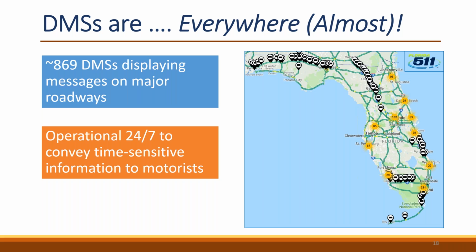But mostly DMS signs are along freeways. And again, as part of this ongoing project with the central office, we are also evaluating the safety and mobility performance of DMS signs. And interestingly, we are using the drops in the speeds by drivers when they see the message on the DMS, using real-time speed data that we collected from the detectors. So that is going to be some interesting results.